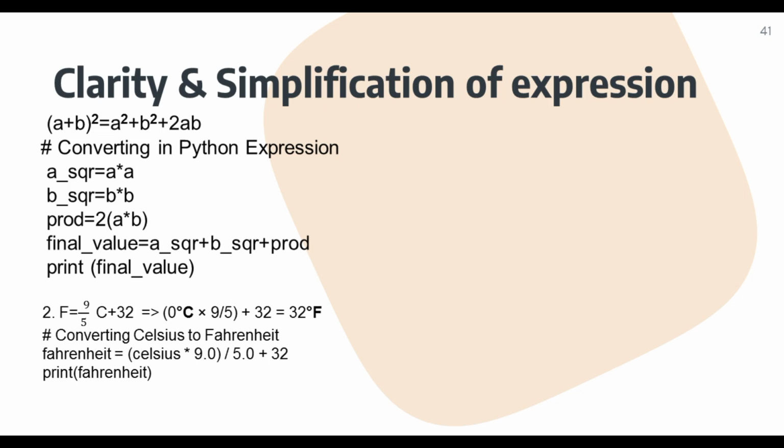So student, you can see the expression given here, that is a square plus b square plus 2ab. This is a particular type of expression which may be an integral expression or a float expression. It's up to the variable which type of value it contains. In Python, we do not solve this expression directly. To do that, we have to break it down into a number of steps. For example, a into a will be stored in a single variable, a_sqr, and b into b will be stored in b_sqr, and further operations will be performed accordingly.